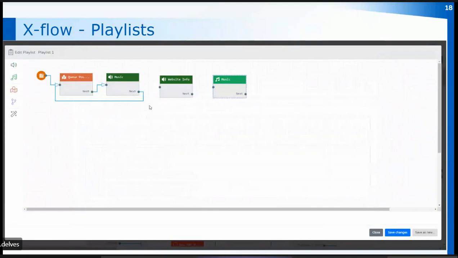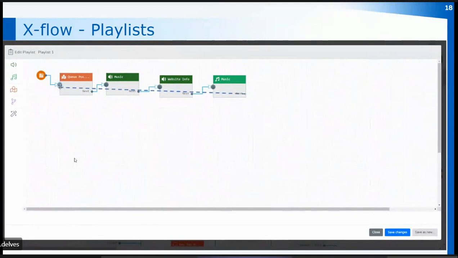Click on Save. We then need to link them. So we're going to delete the line that goes all the way around just by clicking on the line so it goes red. And then you can use delete on your keyboard to delete that line. I then just need to join up the dots. And then from the end one, we're going to come back all the way over to the front here